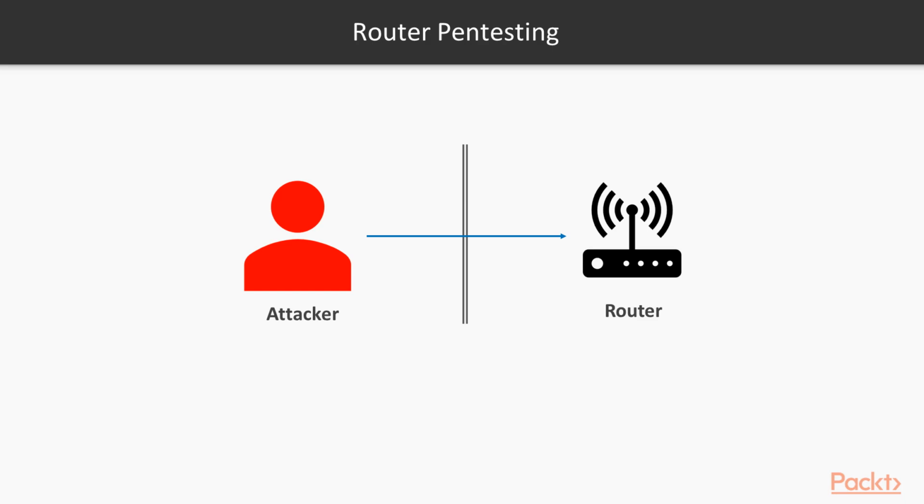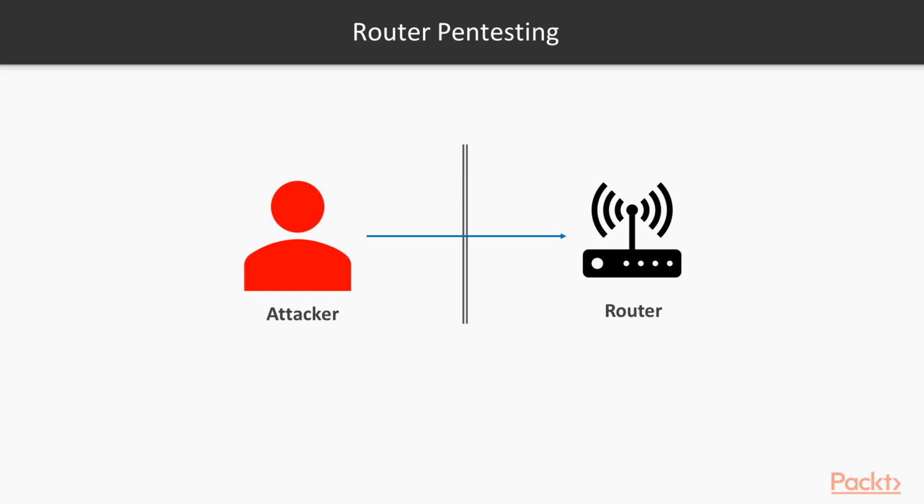The work of network engineers or ethical hackers is to secure their router from this kind of external attack, by putting complex passwords on the services or hardening the security inside the router. That can be done by the ethical hackers or network security guys. And the work of the attacker is to access all these services inside a router. So this is all about router pen testing and how an attacker can attack a router.